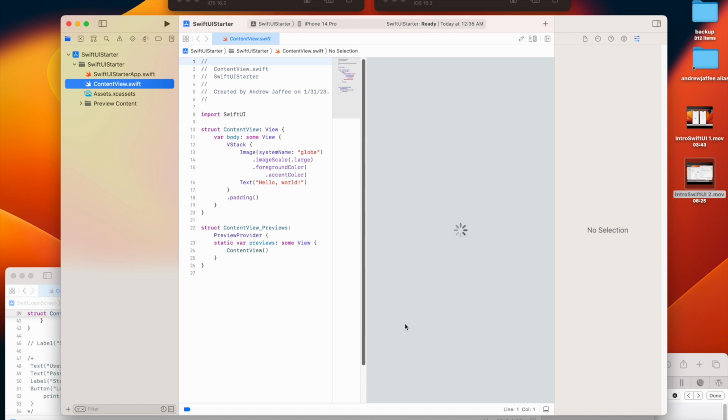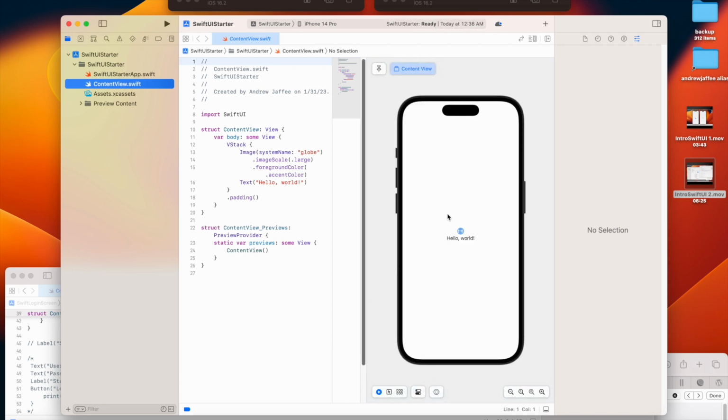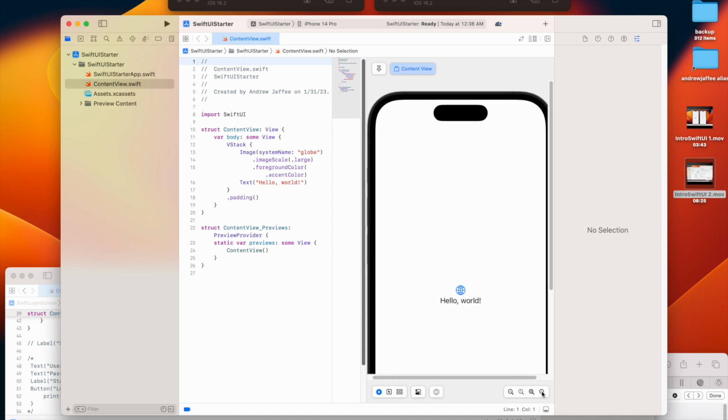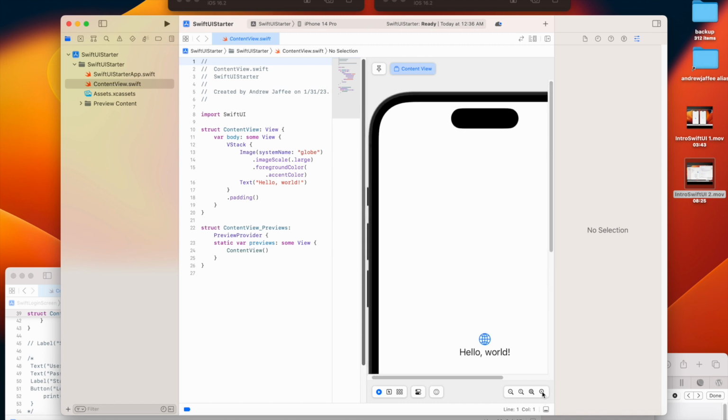So, look what Xcode is doing. Xcode is already rendering the SwiftUI interface that ships with new SwiftUI apps. And look at this wonderful, what it gave us, a hello world screen. And so, why can't I move this down? Well, you can see it. I cannot move it. Anyway,